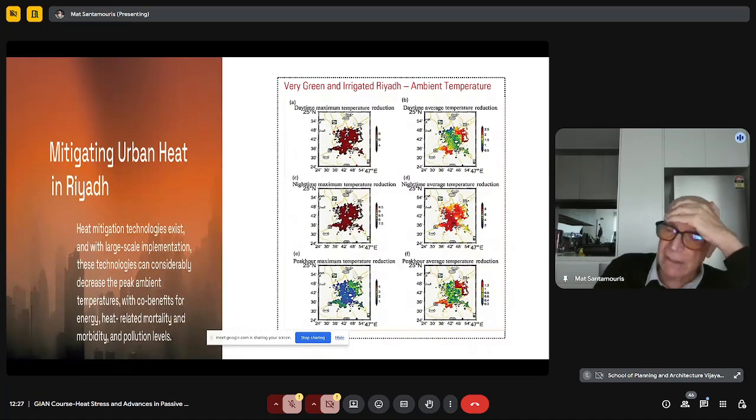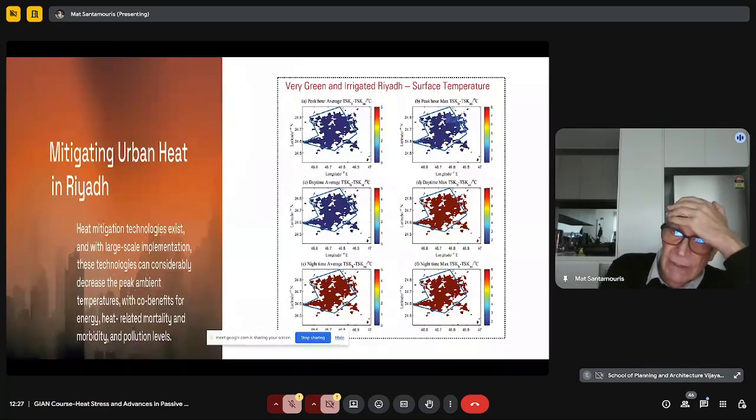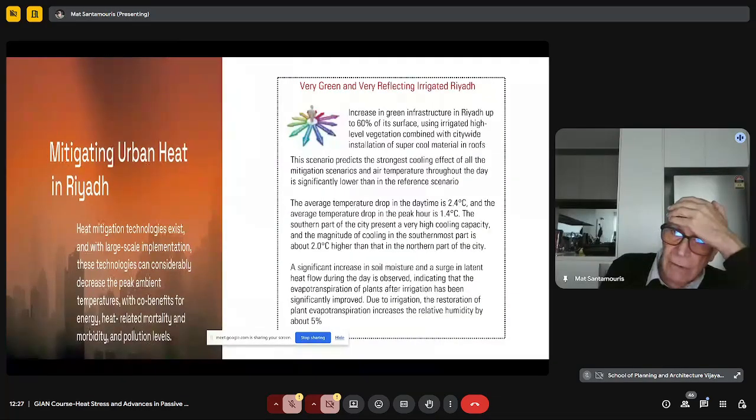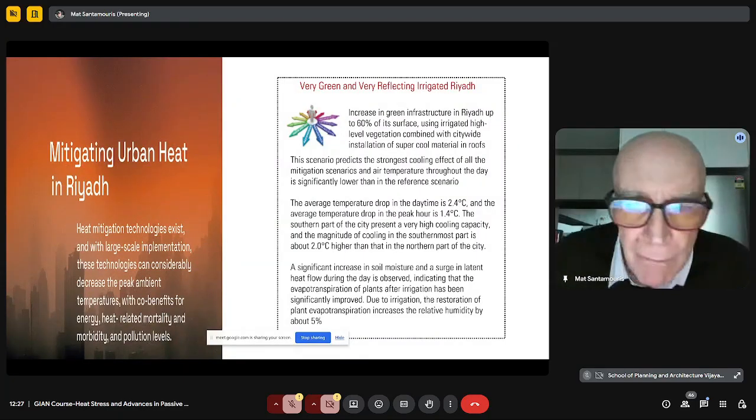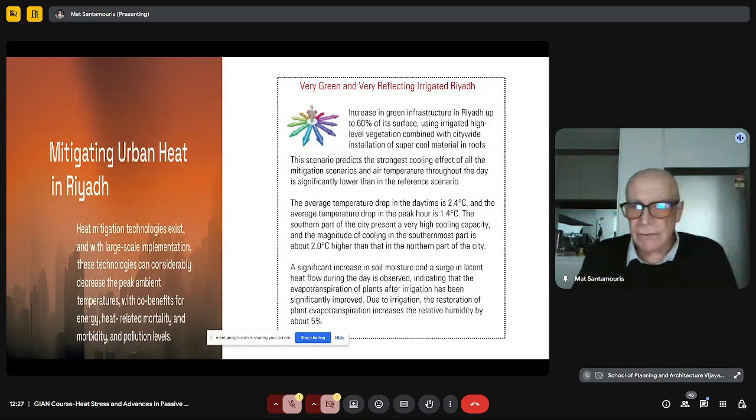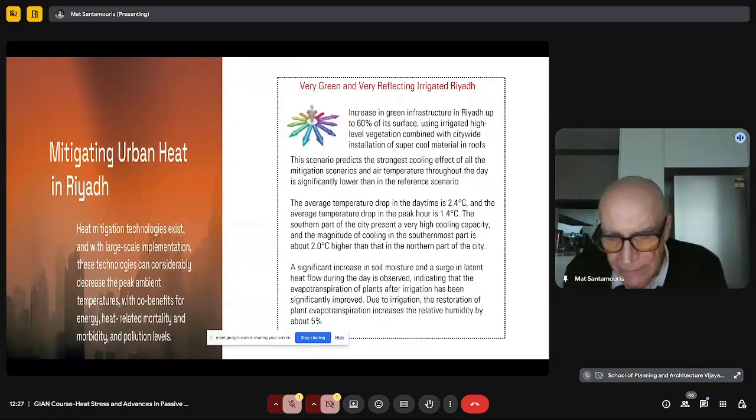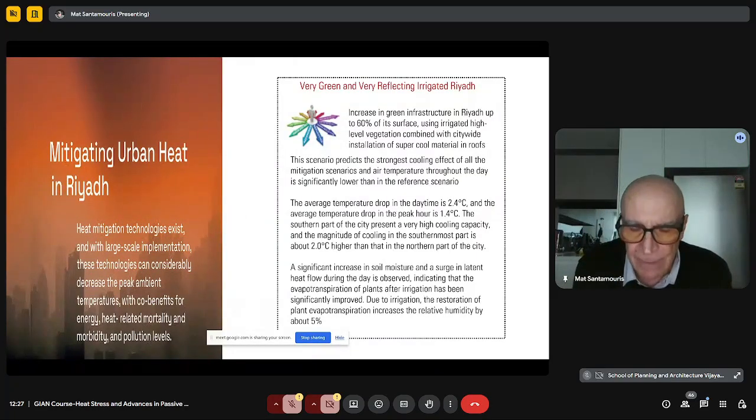Of course, it's very difficult to increase the green infrastructure in the city by 60%, but in reality it is possible because they plan to do that. So we know now the potential of all these mitigation technologies. And it is very important to combine these mitigation technologies, especially in areas where we have to increase as much as possible the latent heat, and in areas where we have to decrease the sensible heat